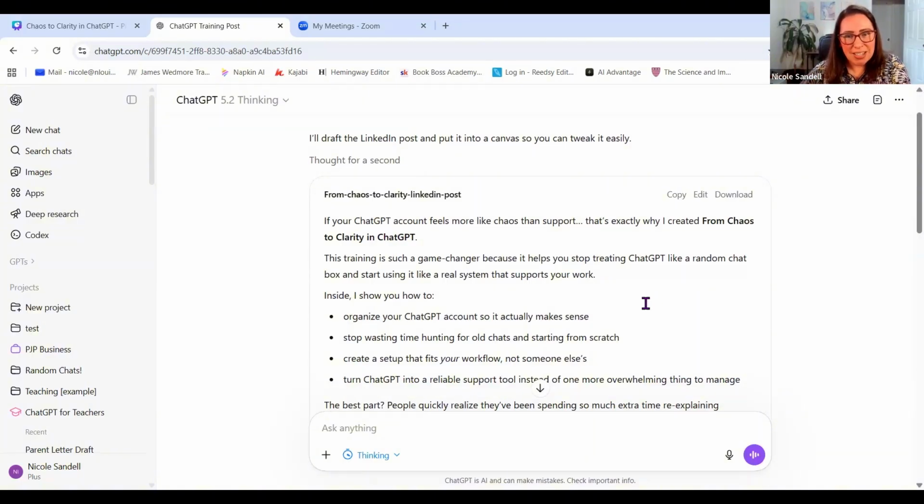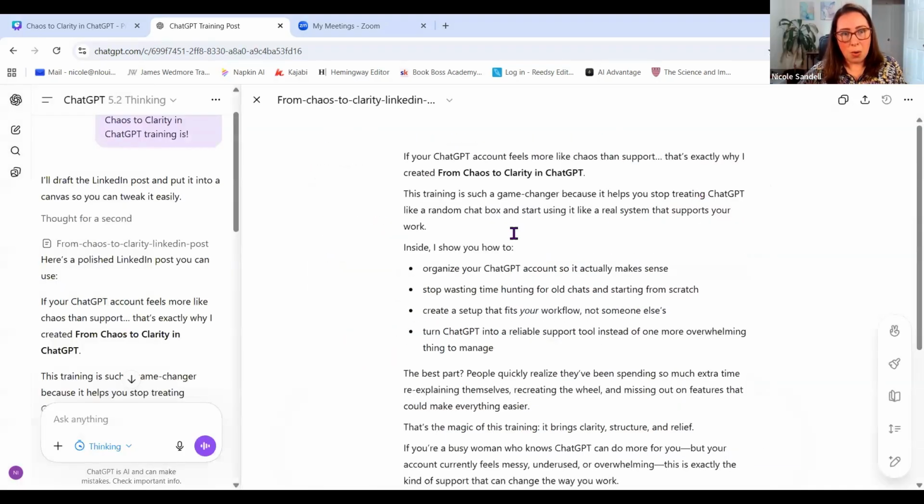But if I wanted to edit whatever ChatGPT gave me, check this out. Up here in the top right of this box, you can copy, edit, or download. Click edit, and then it's going to hang on because it's going to totally change your screen. Now you have the original chat over here. This is like the normal ChatGPT. And on this right hand side, this is where you can edit things. Check this out. If I wanted to add some text here,